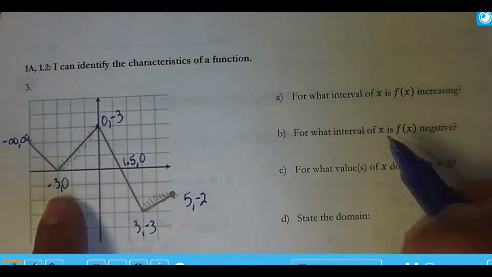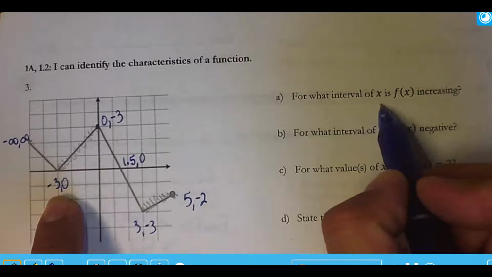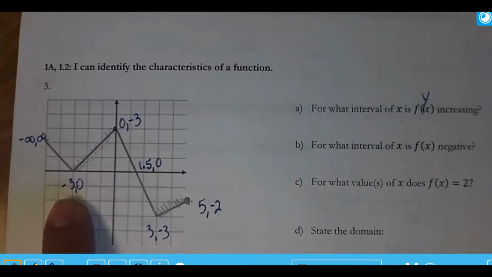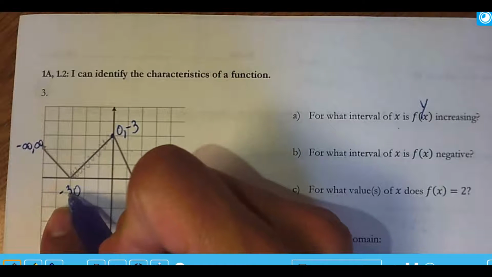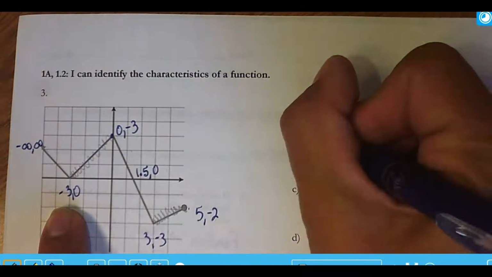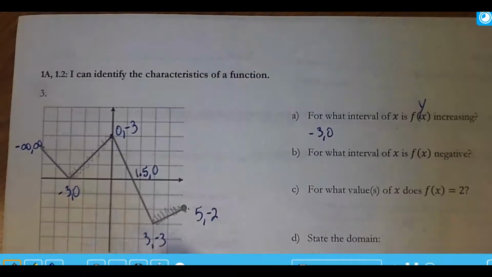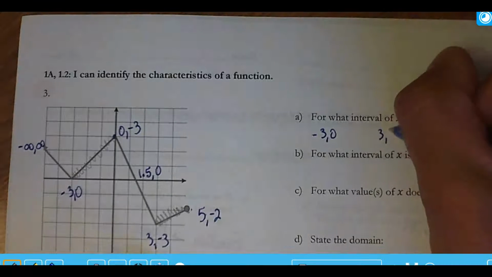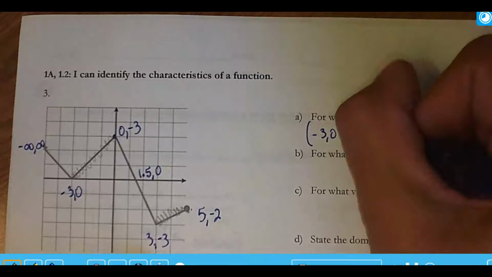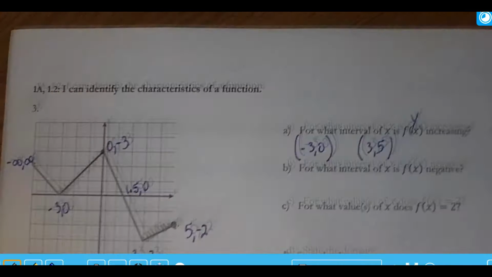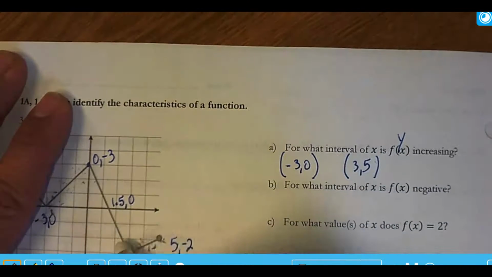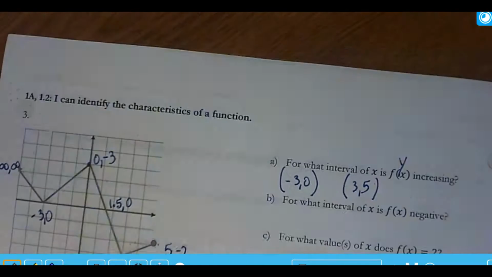So here's my first interval for what interval of x, so that's reminding me to use my x's when I answer, is f of x, which is just another way to say y, increasing. So use your x's from -3 to 0. And then the other one is from 3 to 5. And all increasing and decreasing are always in parentheses. So I'm going to erase that now and go to the next question,